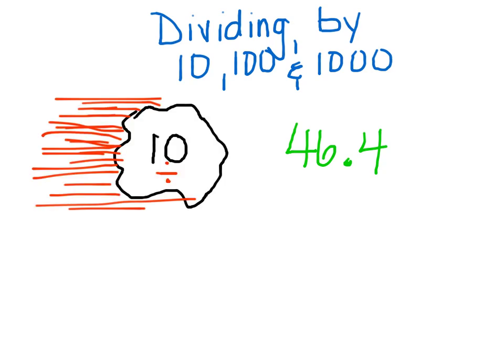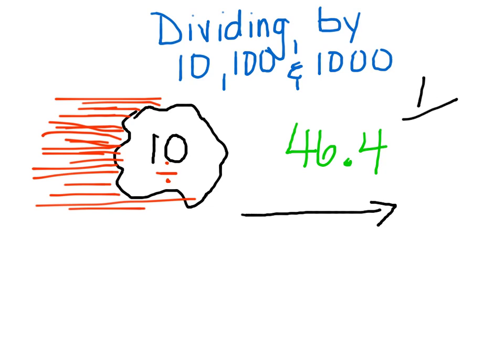As we've got our division comet, divided by 10, hurtling towards 46.4, we have to remember that when it hits, it's going to push the place value of each one of these digits. It's going to force it to the right. So we know that division causes place value to slide backwards. The other thing that we remember whenever we're looking at it is that zeros are signals. If there's 1 zero in the number, then that tells us that everything is going to slide back